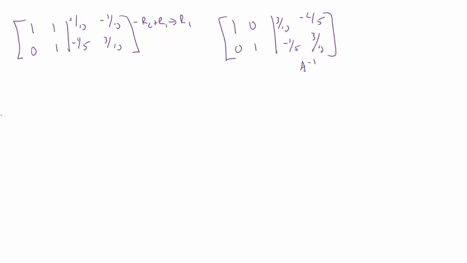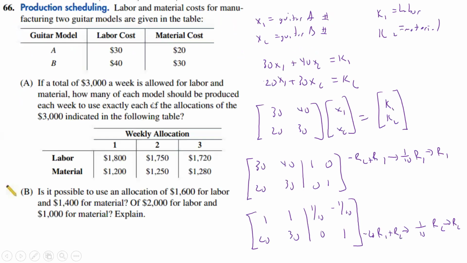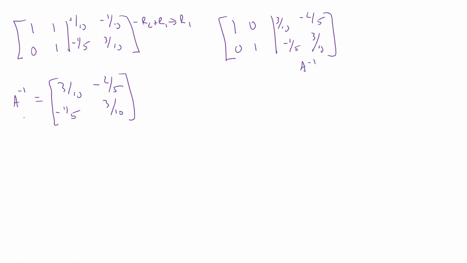All right, so let's write that down here. A inverse is equal to 3 tenths, minus 2 fifths, minus 1 fifth and 3 tenths. Now we're going to use that in part A. So part A is going to be using it and multiplying times this matrix, and this matrix. Or we could be tricky and say, okay, now we're going to take 3 tenths and negative 1 fifth and negative 2 fifths and 3 tenths and we're going to multiply it